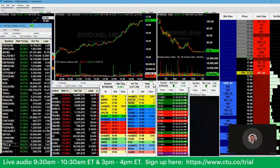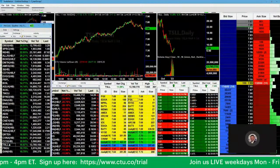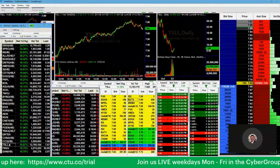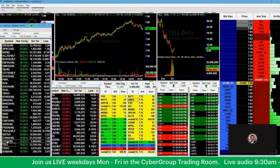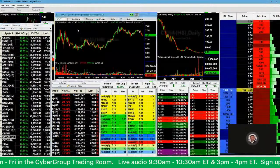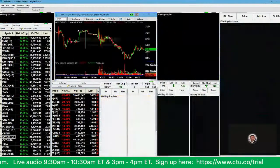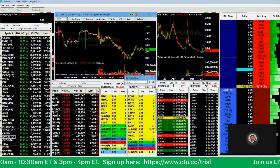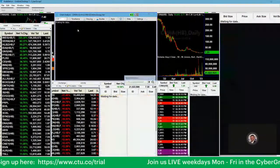We got the Tesla ETF, TSLL, made a nice move today, up over 10%. I'm not really too particular about the ETFs today. There's Carvana. It's actually had a nice little pump back up once again this morning. So, I shouldn't say that as much about Carvana, but I don't think Bed Bath has had as good of a day. Those short squeeze type of stocks. Speaking of,